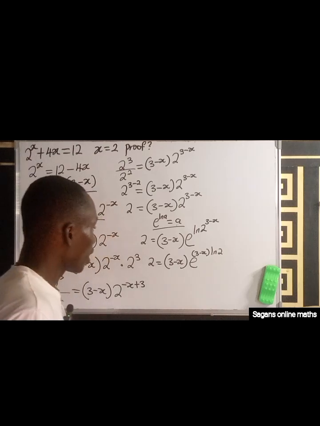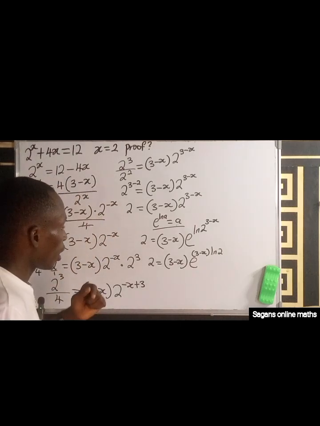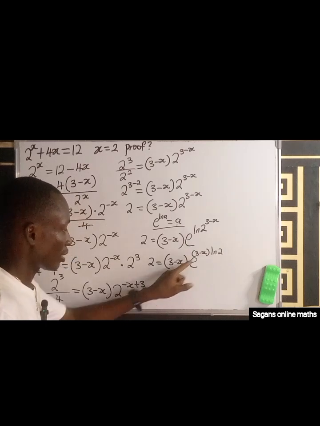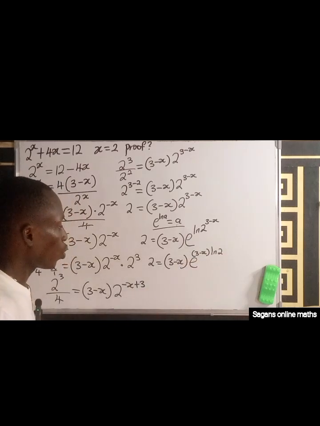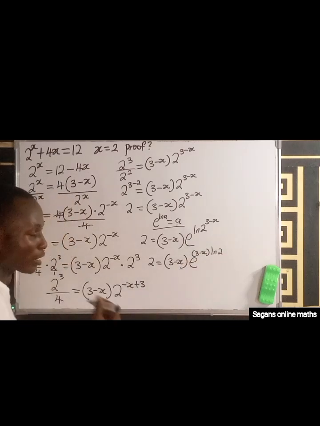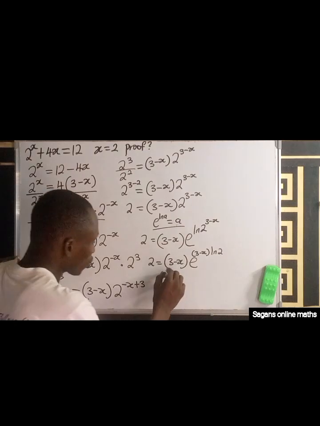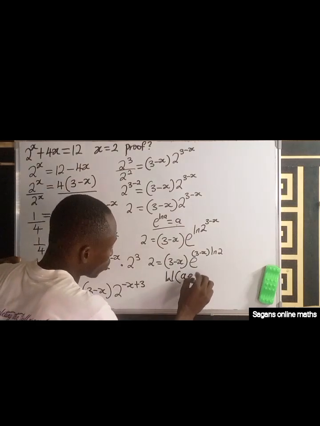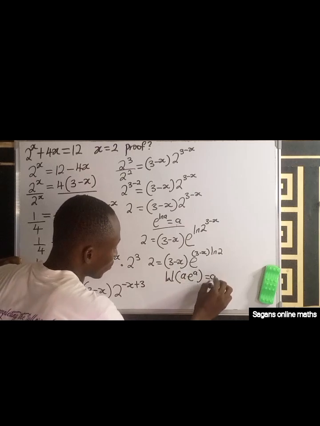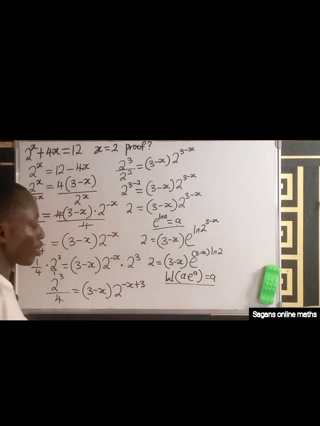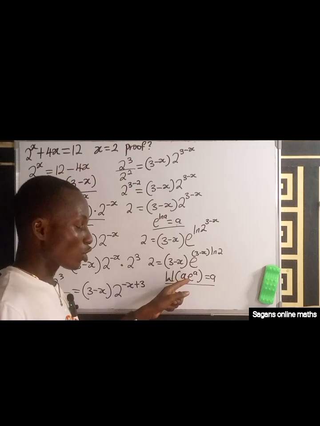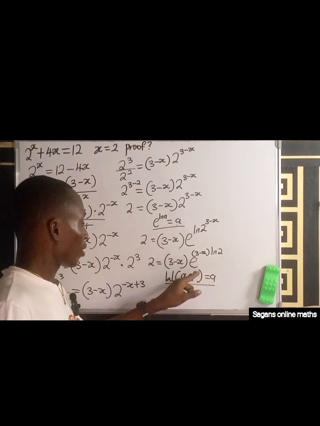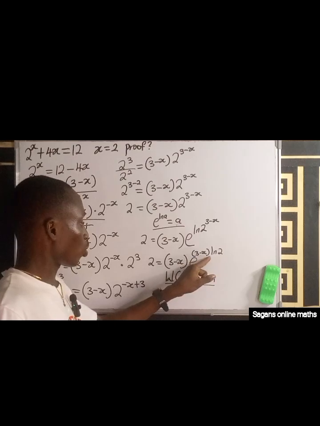Amazing. Now what you have in here is ln 3 minus x, and what is here is 3 minus x ln 2. So there's a property of the derivative function which says that the derivative function of ln a multiplied by e to the a is equal to what? A. This is a property of the derivative function. So this is 100% true. So if this e you're seeing is this e you're seeing here, and a is what you are seeing here,